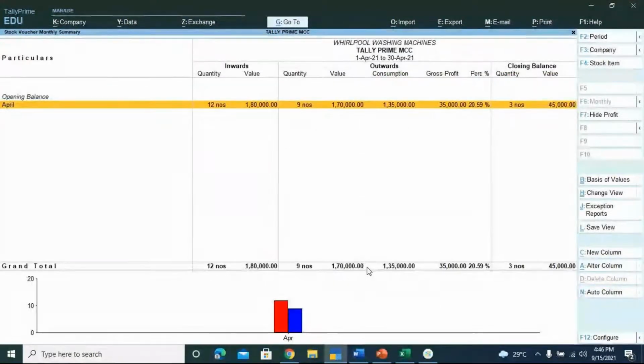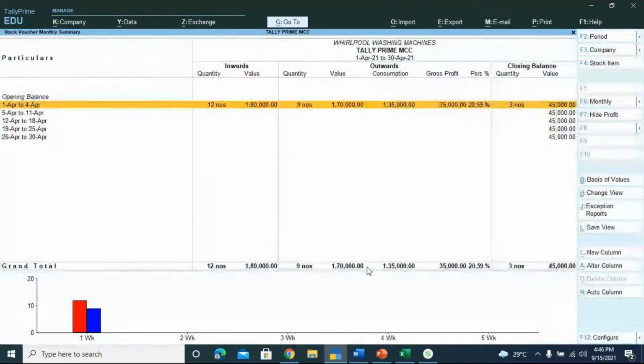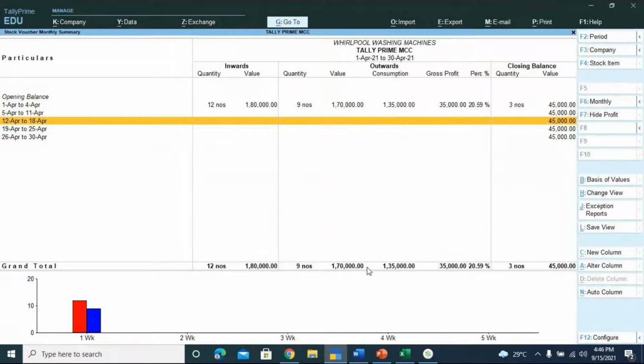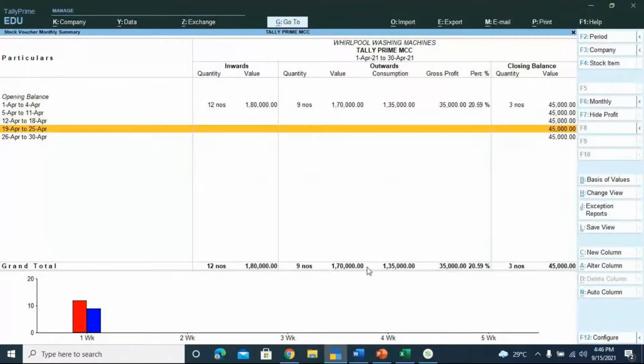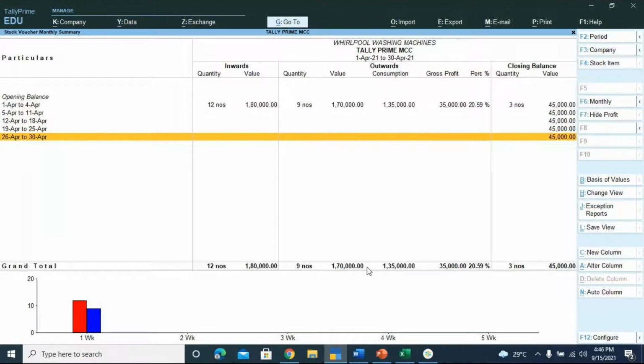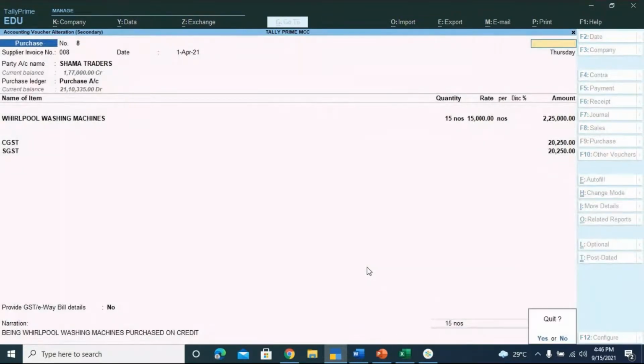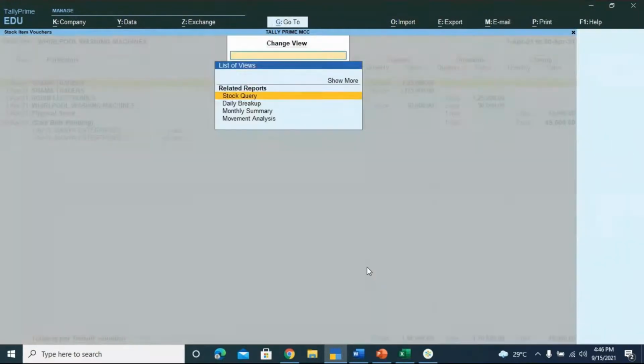Again, if you press Control H, and you see, if you want a daily report or a weekly report, week wise, see, it's easily depicted here. From 1st of April to 4th, 5th to 11th, 12th to 18th, 19th to 25th, 26th to 30th of April. This is how we get it. Again, if we want a monthly summary,